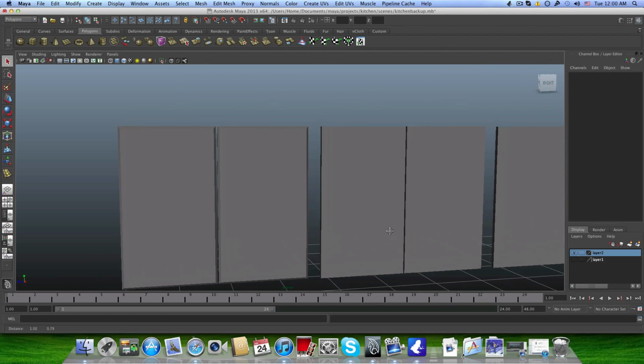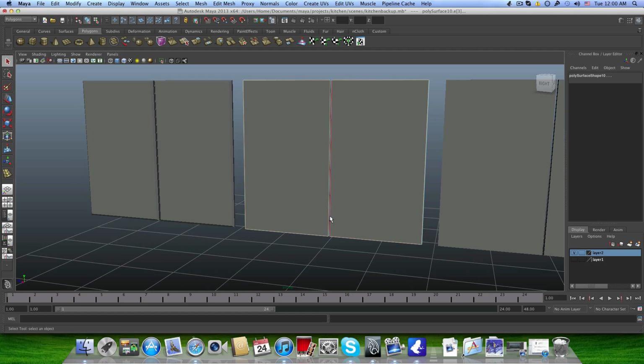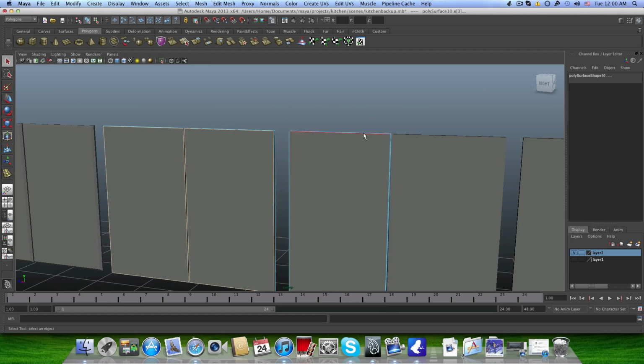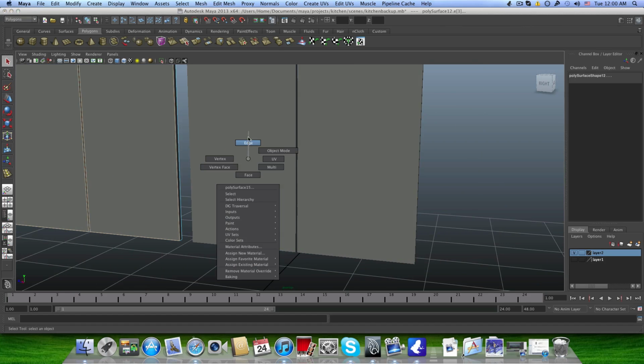Now you can see things better. Like if you like to do this edge beveling, now you can see what you are choosing, and that's okay. So let's continue this, and right click, hold down shift and choose all the edges that you need. Right click on the other door, choose edge, hold down shift until you finish picking all these edges you need to bevel. Again, right click on this edge,